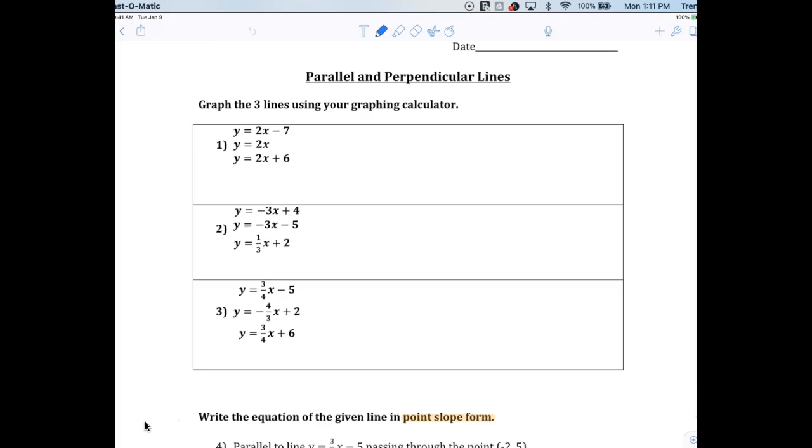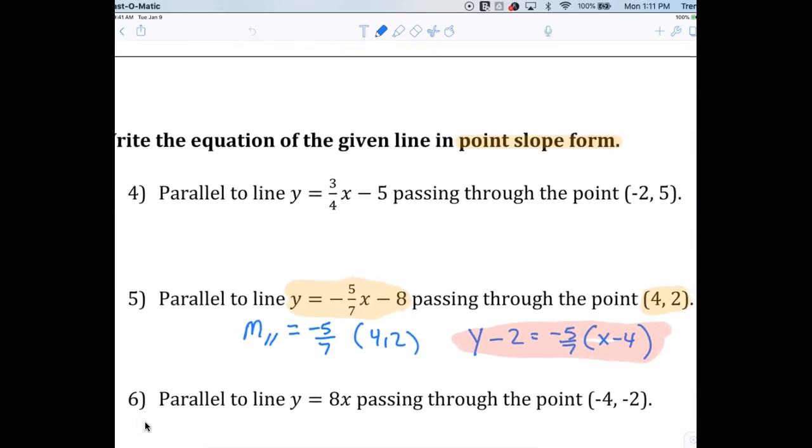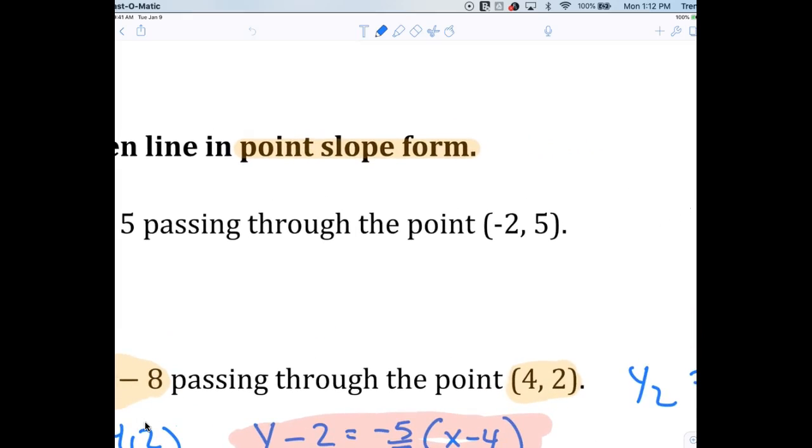So now what I want to do is we're going to start with question number 4. Now, for question number 4, we're writing the equation of the line in point-slope form. What was the equation for the point-slope form? No, that's standard form. What's point-slope form? Tell him. Is it y minus y1 equals